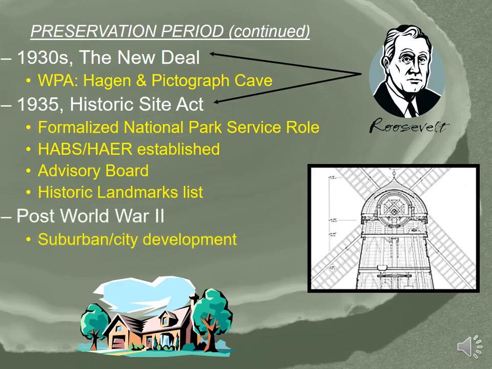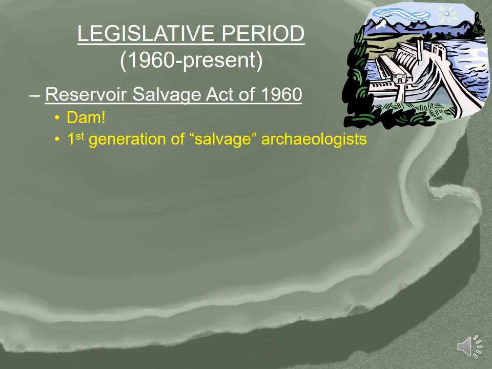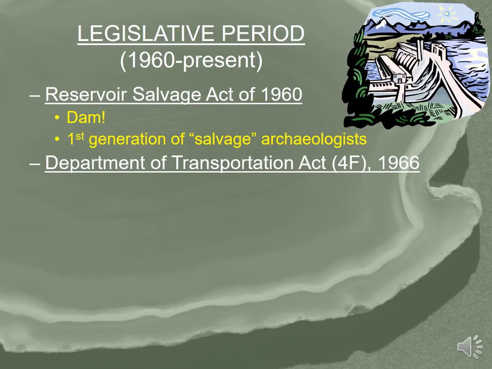After World War II, we saw a lot of suburban and city development leading to the destruction of resources. That led to a variety of laws, including the Reservoir Salvage Act of 1960. So lots of dams were being constructed. This led to the destruction of archaeological sites. The Department of Transportation Act, Section 4(f), in 1966, which is still an important cultural resource law that we'll talk